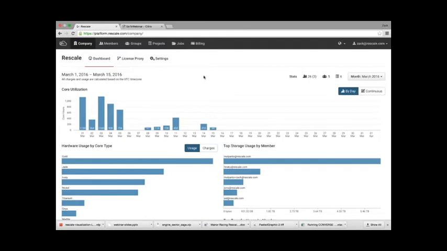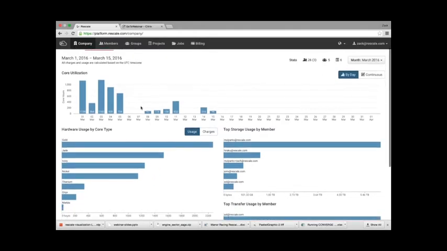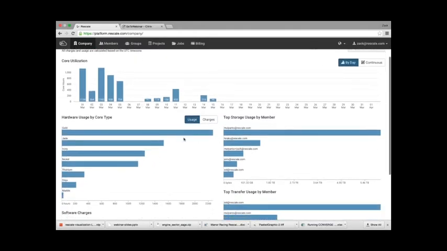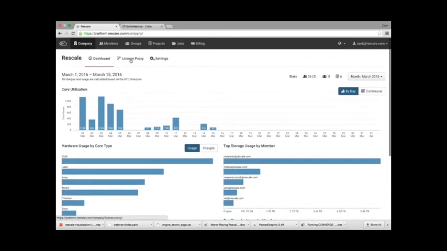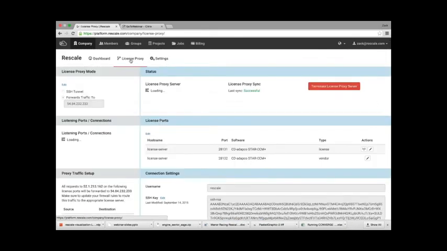It allows them to customize additional security measures, set budgets, monitor usage, set account permissions, and everything else that you can think about. In this example over here, we can see the core hours that are being utilized, and the users we have in the system. This is our demo system here for Rescale. In case of license, if you are using bring your own license, then this is where you configure your license proxy. You do it once and you're done with that.